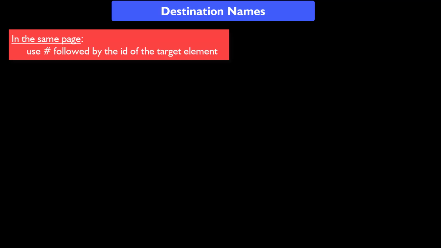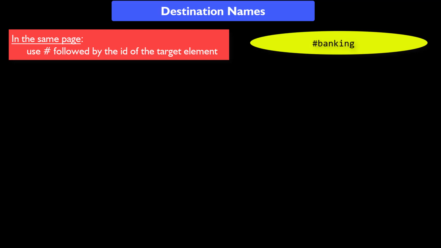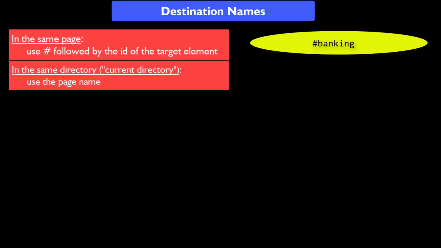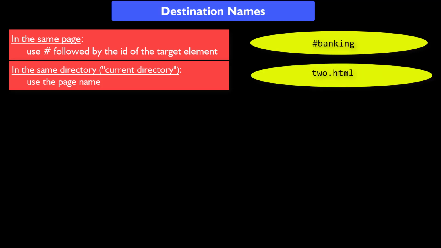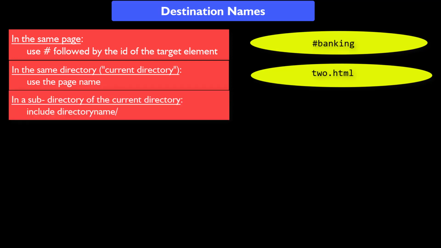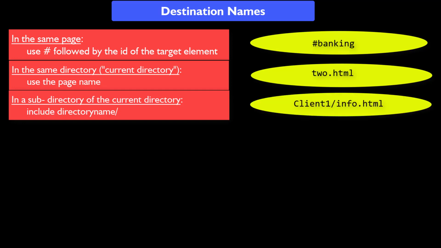To link to a destination, you need a name for the destination. If the destination is in the same page as the link, you use a # or hashtag, followed by the value of the ID attribute of the target element. If the destination is another page in the same directory as the linking page, we say the current directory, simply reference the page name, for example, 2.html. In a subdirectory of the current directory, reference the subdirectory name followed by a slash, followed by the page name, for example,